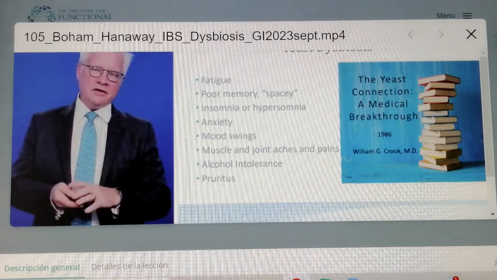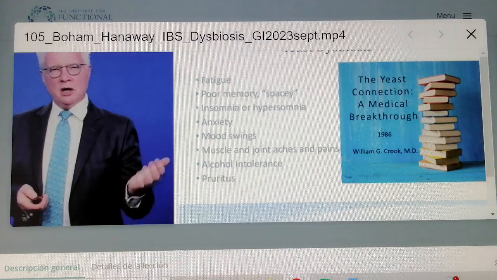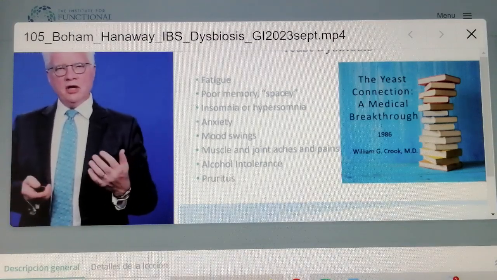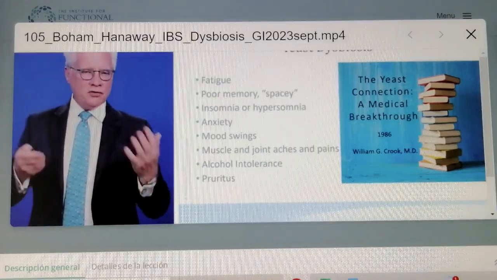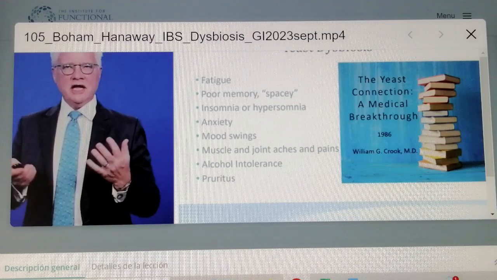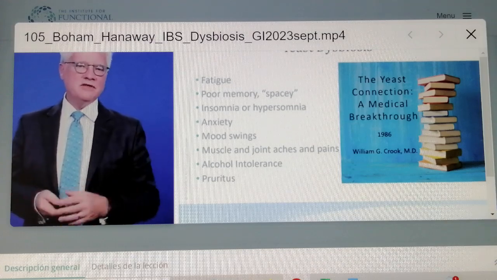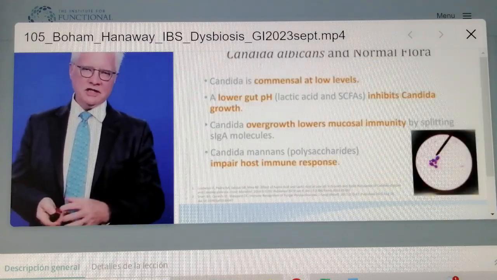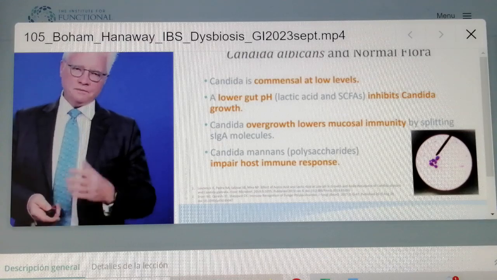And Dr. Lipsky mentioned Dr. Bill Crook earlier, who talked about yeast overgrowth and yeast dysbiosis and leading to a number of different symptoms that are going on, as we see over on the left. Now,